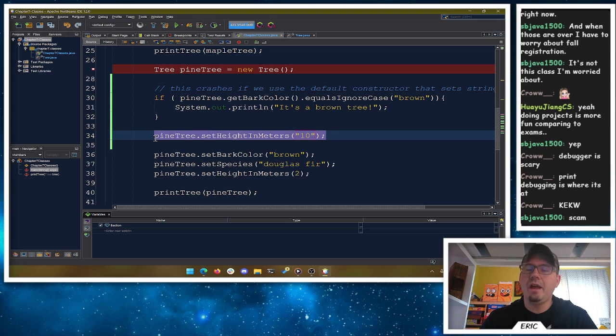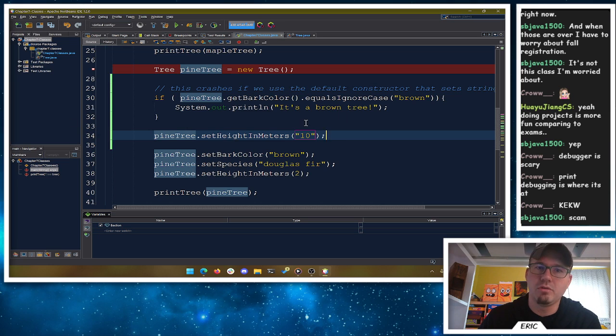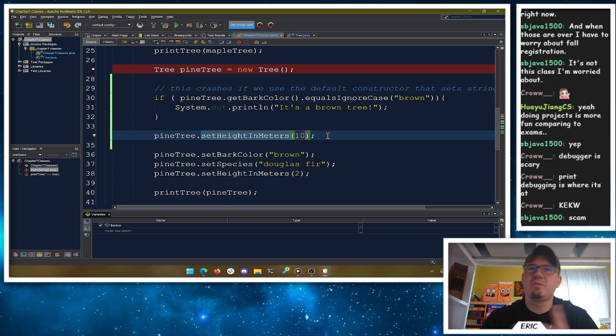So at compile time, when we're compiling our code, or when we run it, Java will say, oh, okay, you want the version that uses a string. Sure, no problem. It knows what that is because it knows the difference between a string and a double, or really an integer, but integers can be implicitly converted to doubles. It's okay to give it an int.